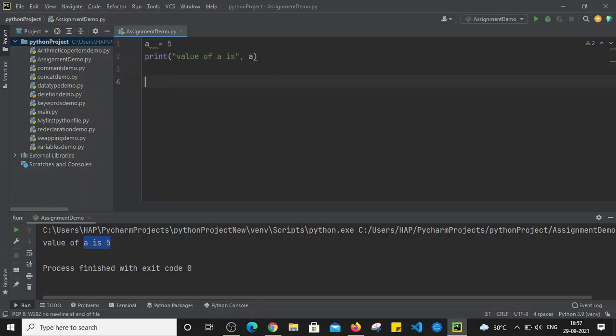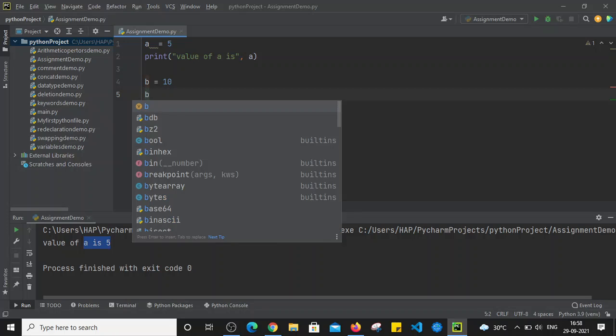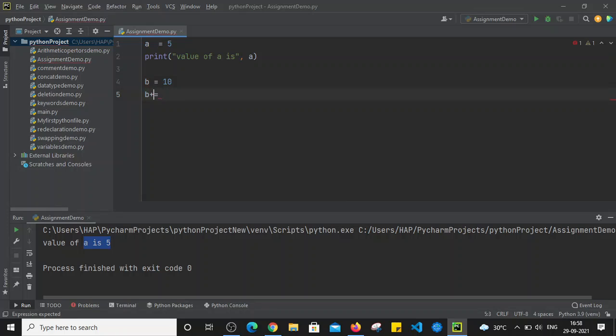Similarly, let's say I have one more variable b = 10, right? So we are assigning the value 10 to variable b. After that, I am going to use the add and assign operator. So b += 10. What will this statement do?